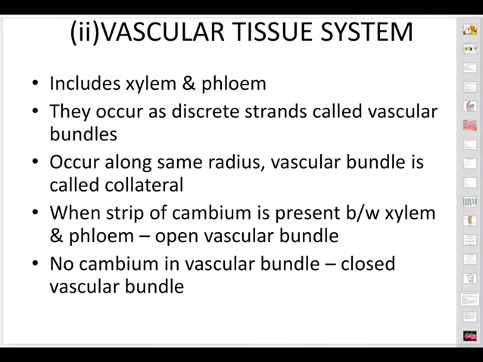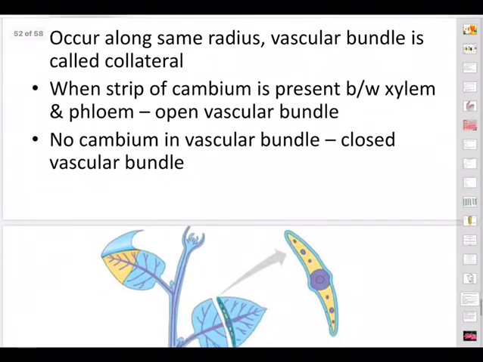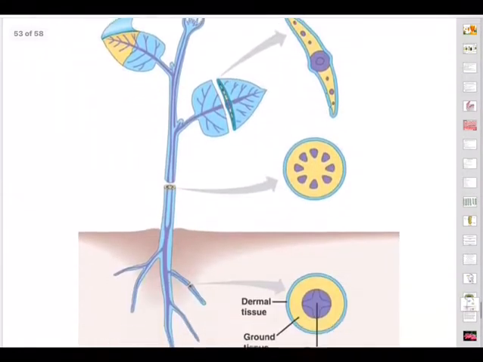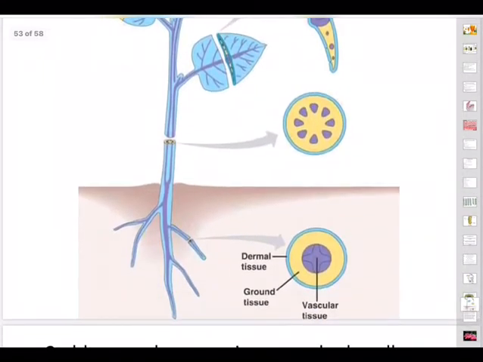And if cambium is not present, it is absent, then we say closed vascular bundle. Remember that? Closed vascular bundle. And you can also see many more technical words further. A vascular bundle can be radial. What do you mean by radial? Xylem and phloem within the vascular bundle are arranged in an alternate manner on different radii. So we have one xylem bundle, one phloem bundle, one xylem bundle, one phloem bundle.